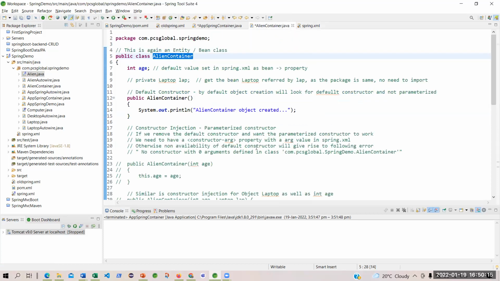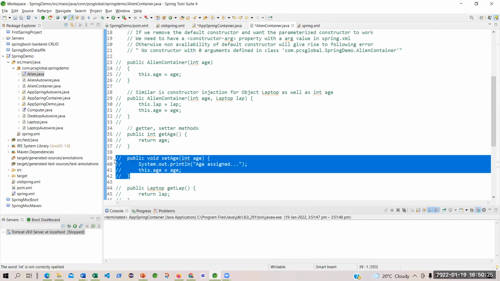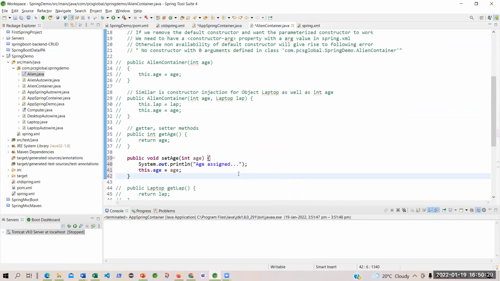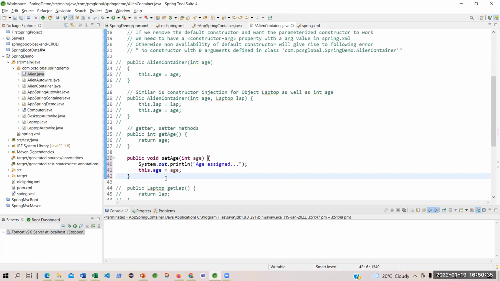So what you do, you go here and open the setter. This is the getter. You open this setter. That means the moment you try to assign a value 18 into age, the setter method will be called into action.